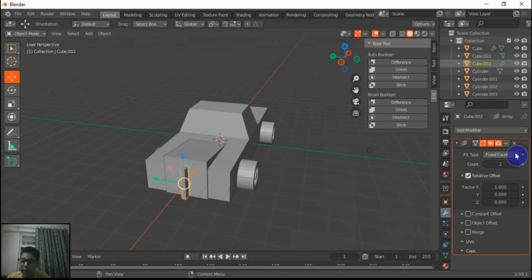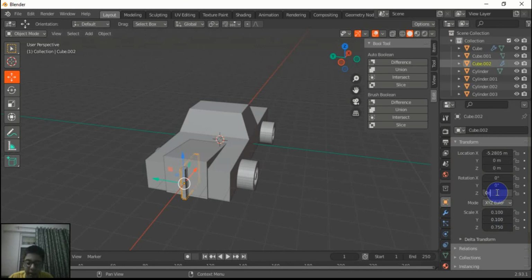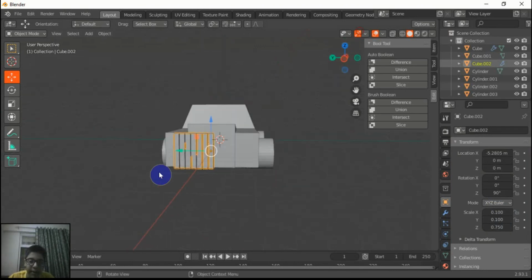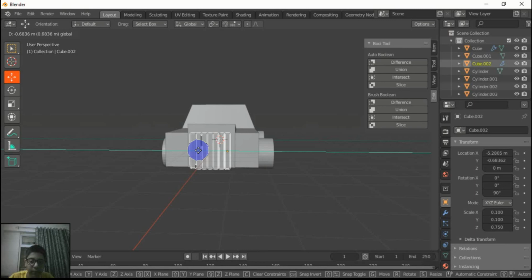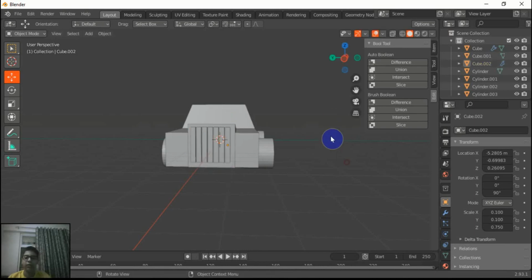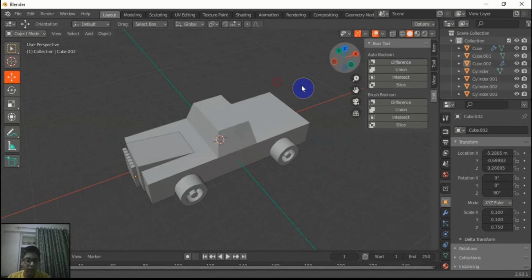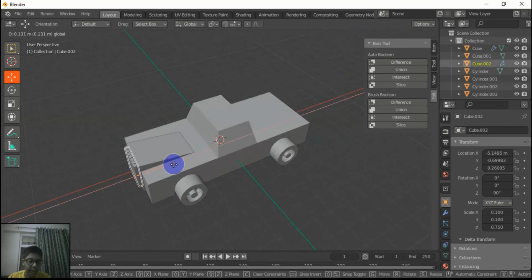Now we will choose array, make count 7 and factor x should be 1.2. Now rotate this at 90 degree. Now place it properly. Now make this a bit in.